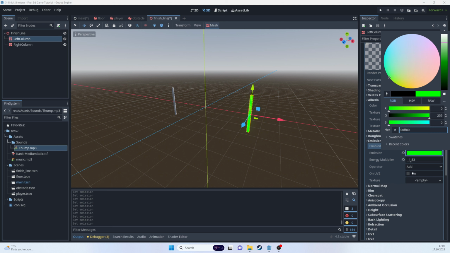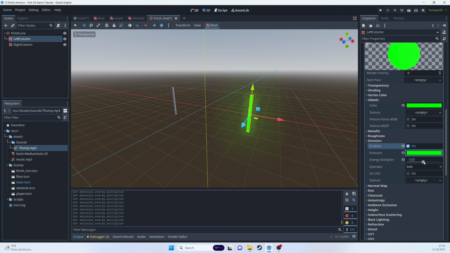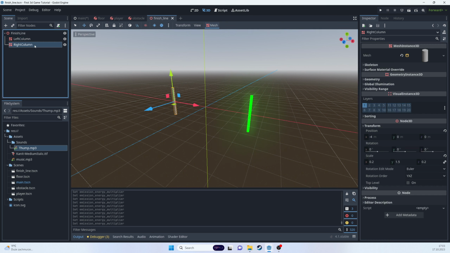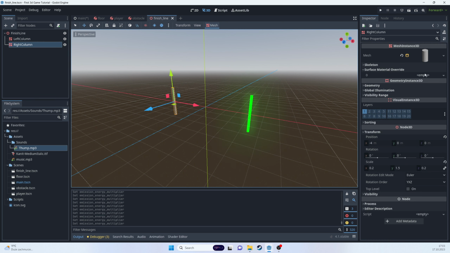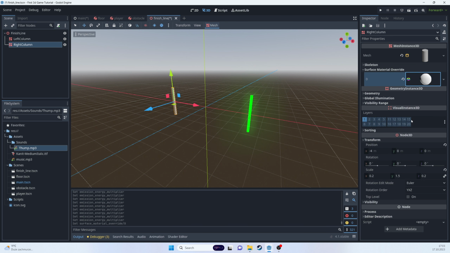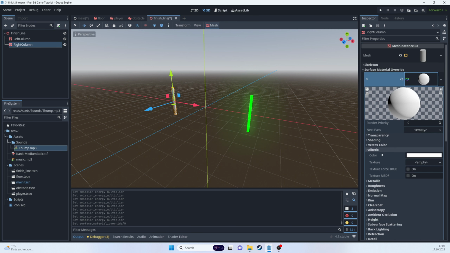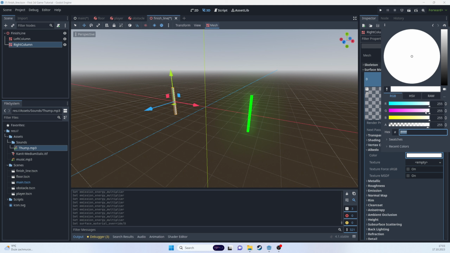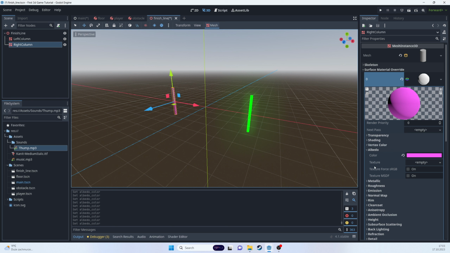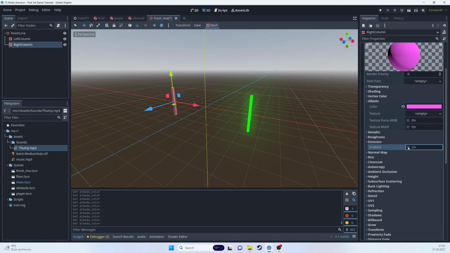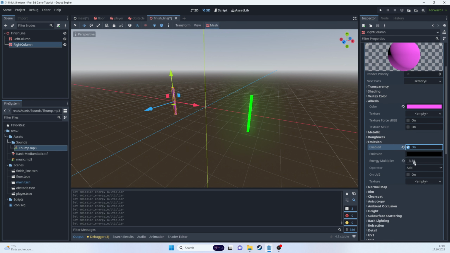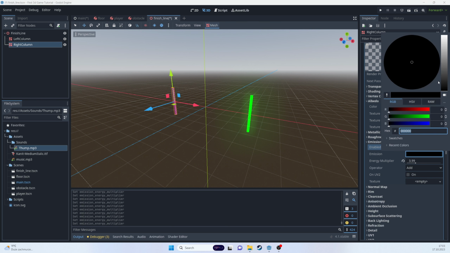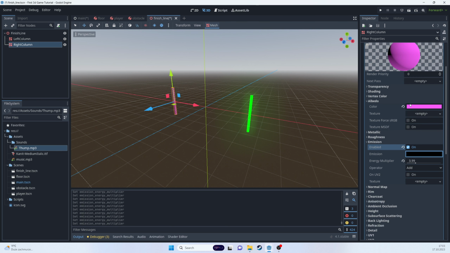And then we need energy multiplier to be higher, and you can see it will emit a light. Okay, and then what we can do here is also surface material override, use standard material 3D, click on it, change the albedo, and let's make it, I know, pink, light pink. Go to emission section, enable it, also bump it up, and change the light basically to the same